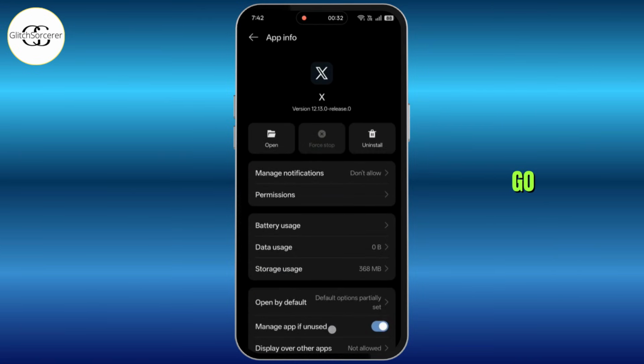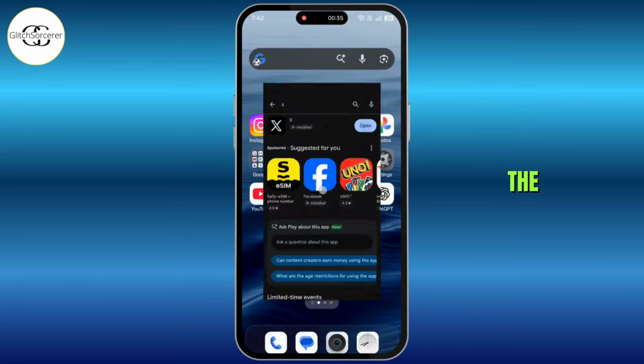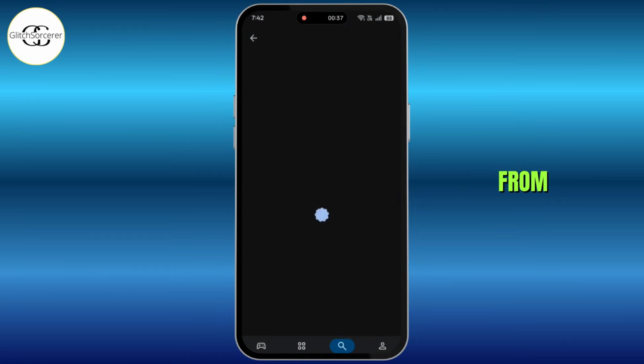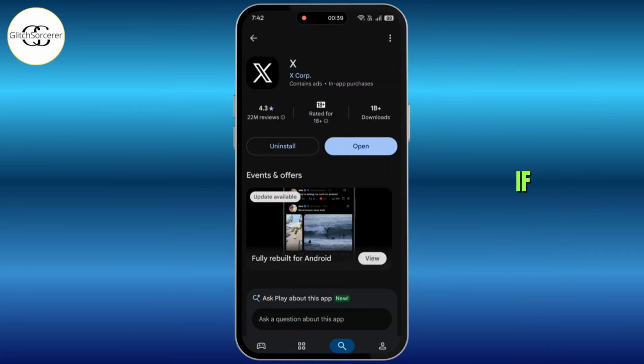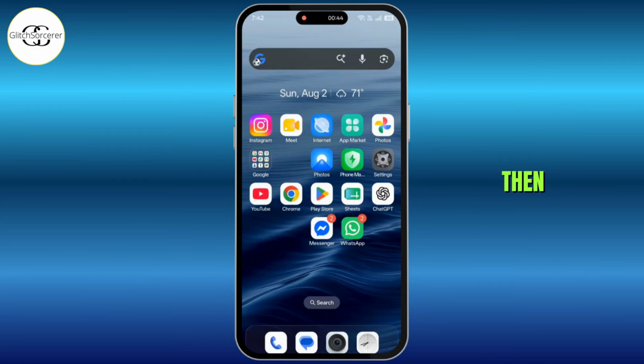After that, simply go to Play Store. In the search bar, search for X. From here, check if there is any update available. If there is, then simply update your app. And if your app is already fully up to date, then what you can do is simply check if there